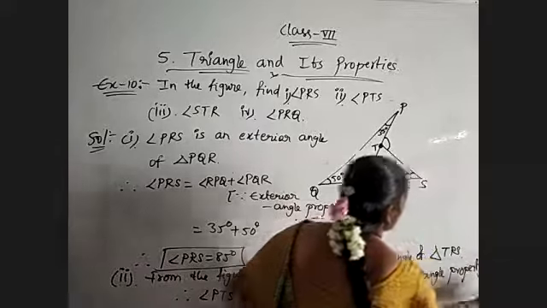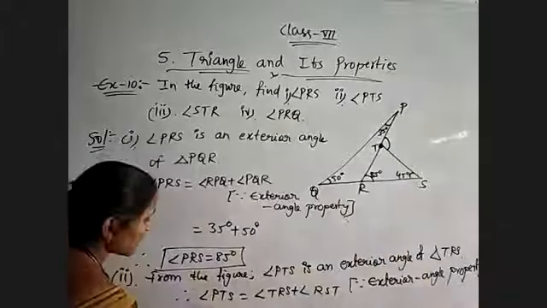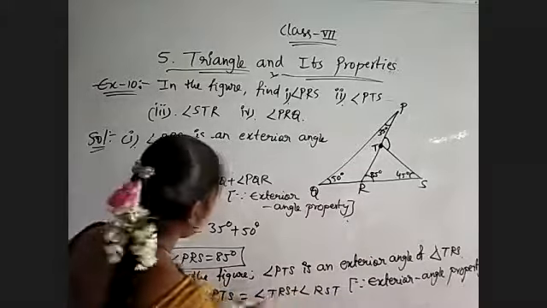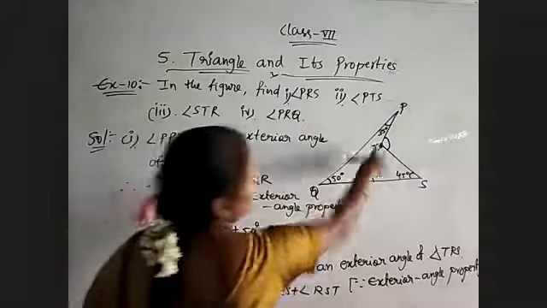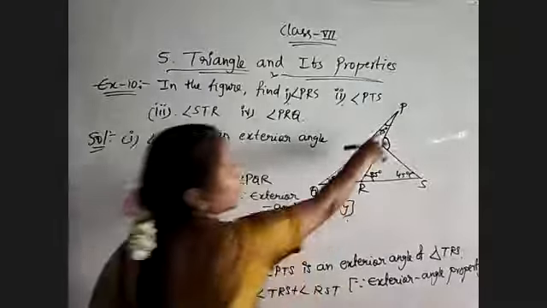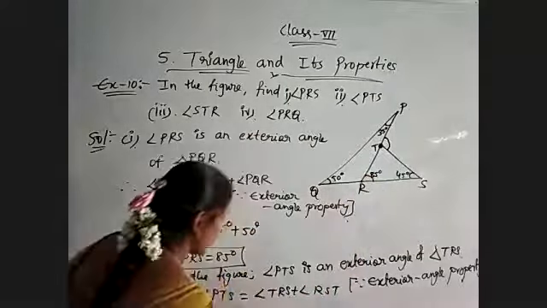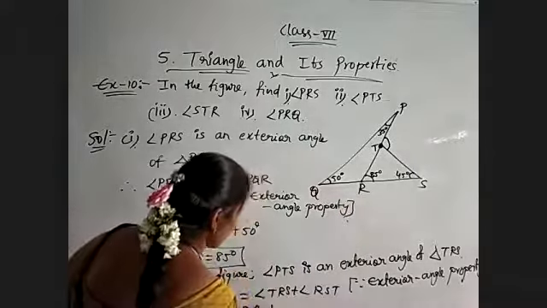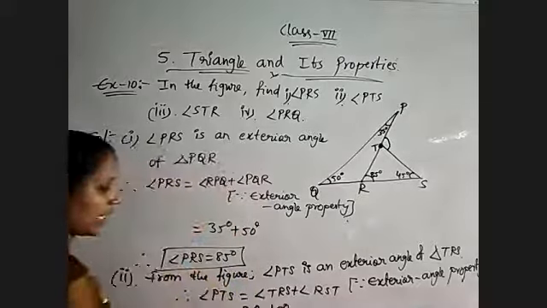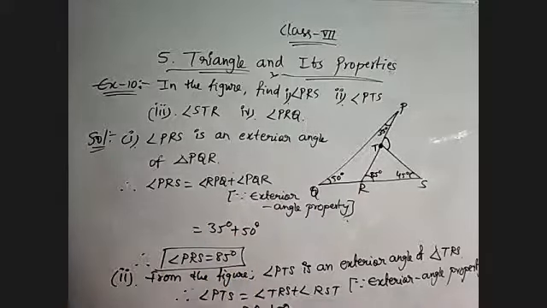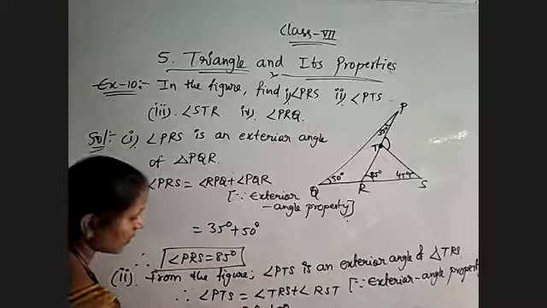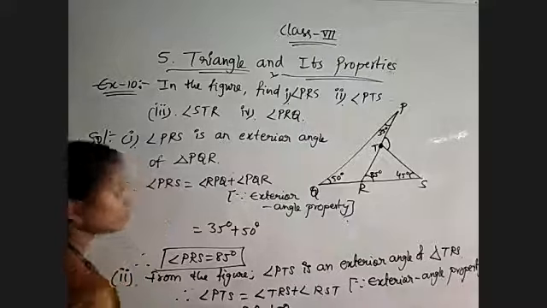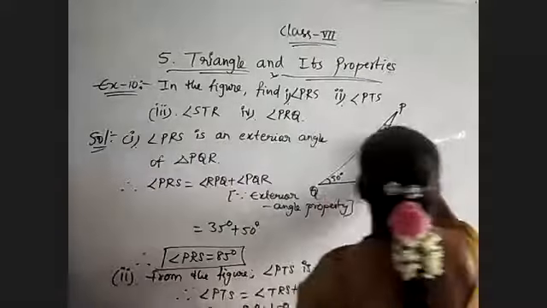So that's it. What will we get? Angle PTS is also equal to TRS. Just now we found PRS is equal to TRS, both are the same. That is 85 degrees plus RST is equal to 45 degrees. So completely 80 plus 40, 120, 120 plus 10 is 130 degrees. Therefore, angle PTS is equal to 130 degrees. That's all. So here we are getting 130 degrees.